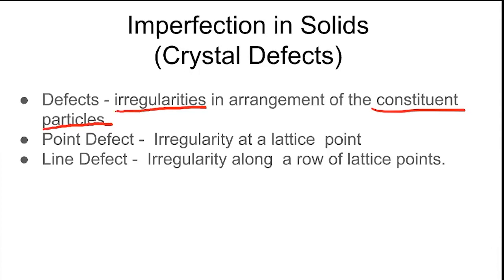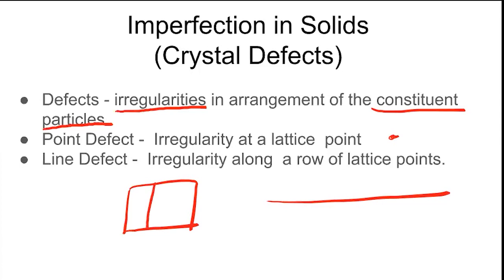There are point defects, and there are line defects. Point defect means what? Suppose there is a lattice. If I take a front view, you see there is one atom here, one atom here, one atom here. Some defect associated with this point, we will call a point defect. But if a defect is associated with a series of points in a row of lattice points, so there is a defect all along, that will be called a line defect. So there are two kinds of defects mainly.